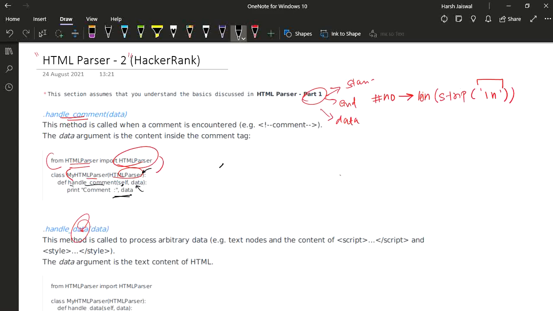This particular method is going to ignore this part, and whatever data we have over here gets printed.